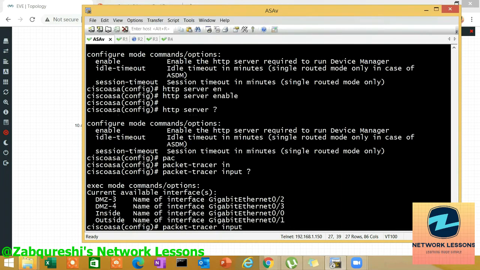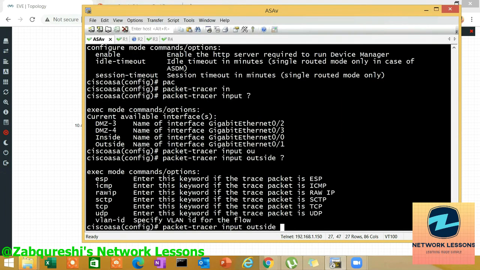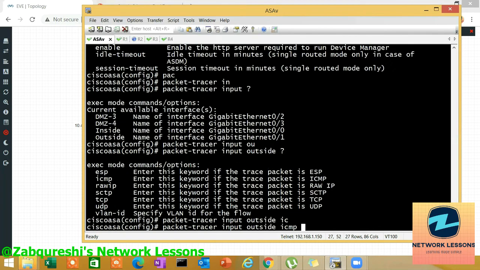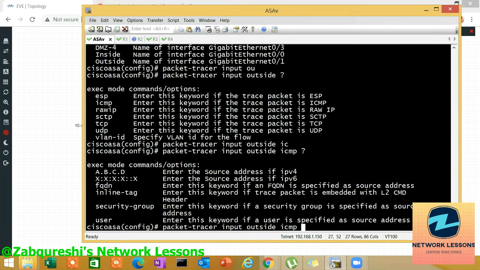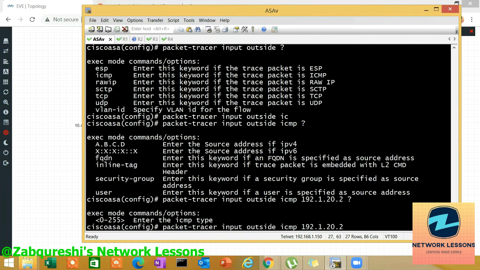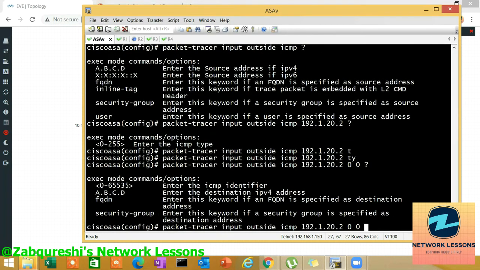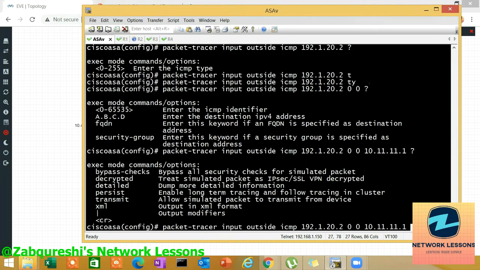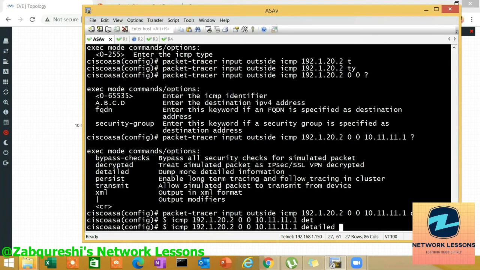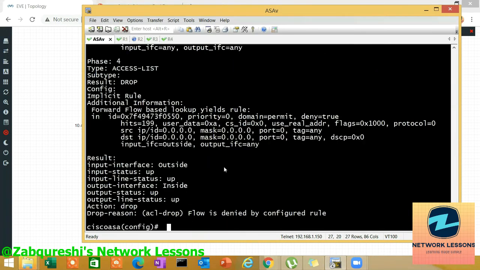So you say input, which interface is it? Outside, and then what is the traffic? So I say ICMP, and then what is the source that is coming? I say 192.120.2. That means on R2, I'm generating this type. Type 0 code 0, so it's an ICMP reply. And the destination 10.11.11.1, it's my R1, and detailed. If you say like that and enter,